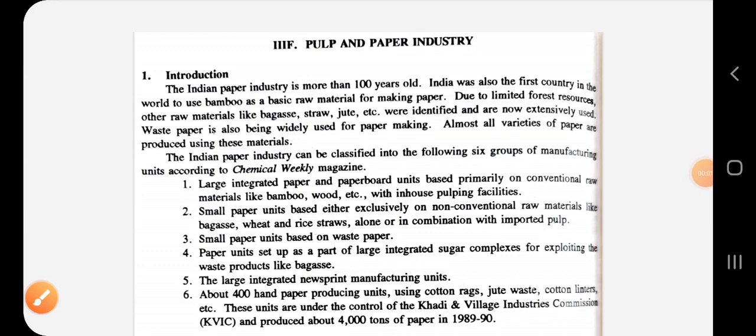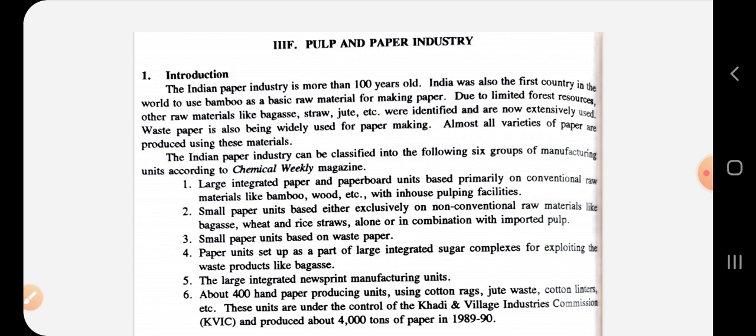Good afternoon, students. Previously, we saw production or manufacturing of beer in our chapter Sugar and Fermentation Industries. Today, we are starting a new unit, Pulp and Paper Industries, in which today we will be seeing manufacturing or production of pulp. Pulp is the main raw material which is then further used for manufacturing paper. So we will today see the process flow diagram of manufacturing of pulp and different methods for its production.